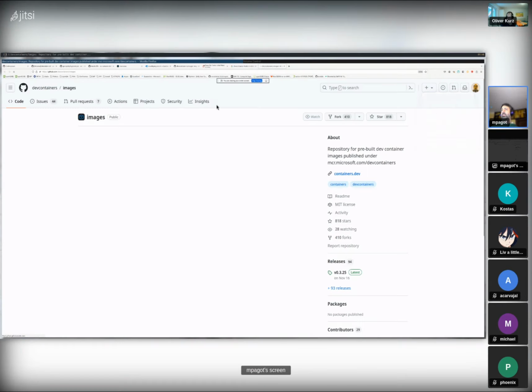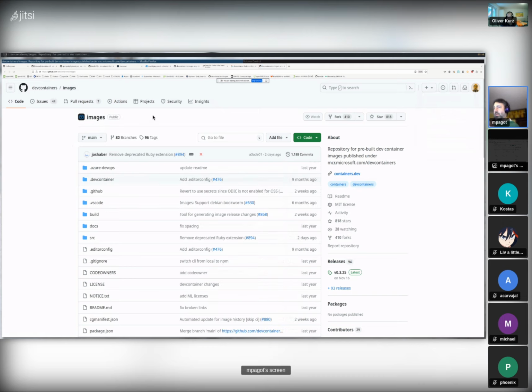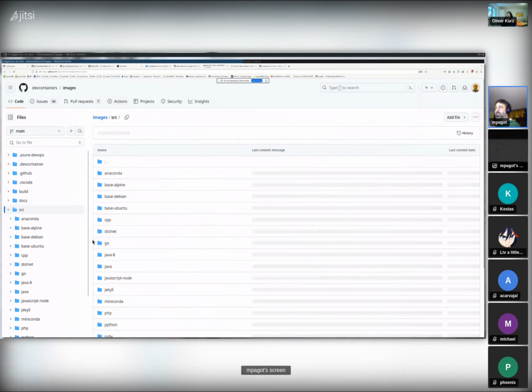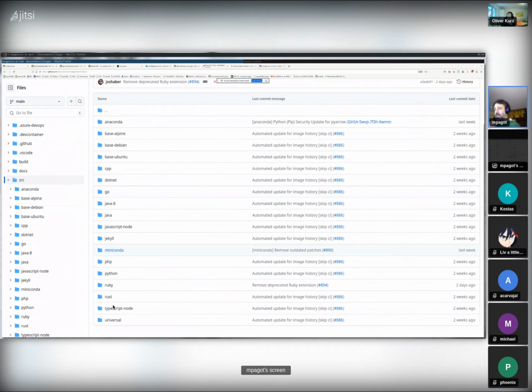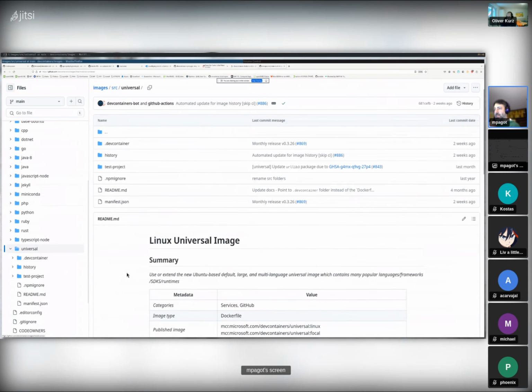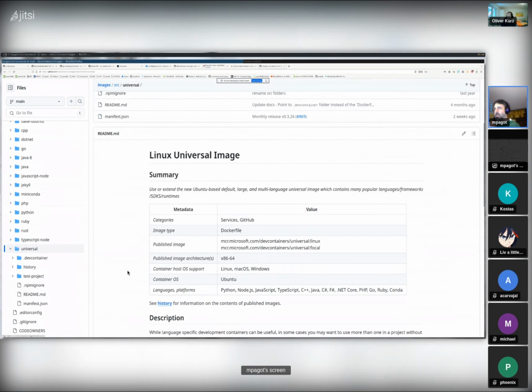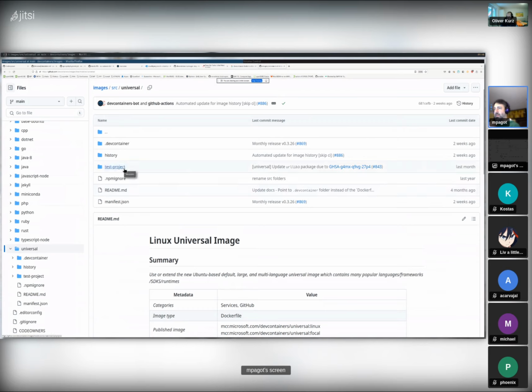Okay, this is the repository where all the default codespace images are managed. And so it is a source of very good examples. You see, you have many of them, but you have universal. And universal has,